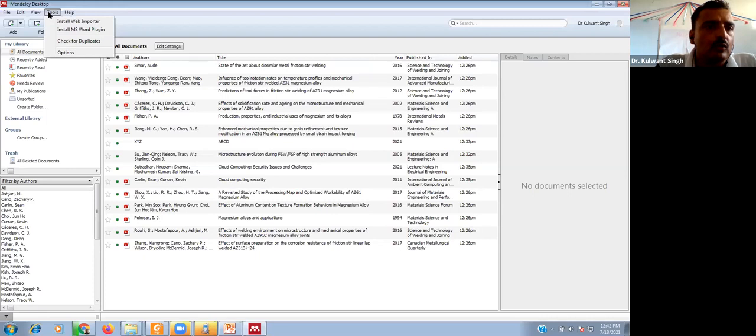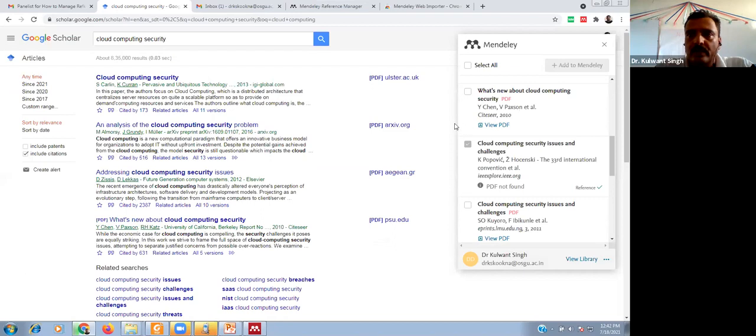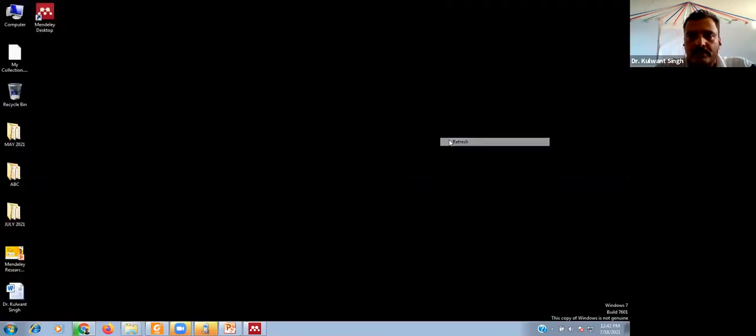When you click on the tools, there is the second option, install MS Word plugin. You have to click on this option, and it will create an interface between the Mendeley desktop and the Word document file. And now you can start using this Mendeley desktop for your reference or citation purpose.